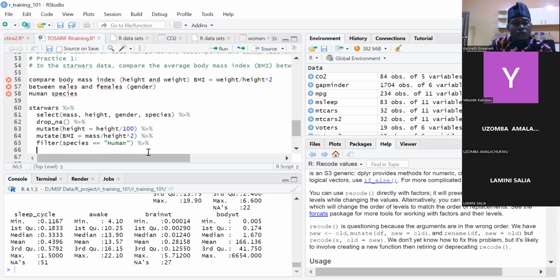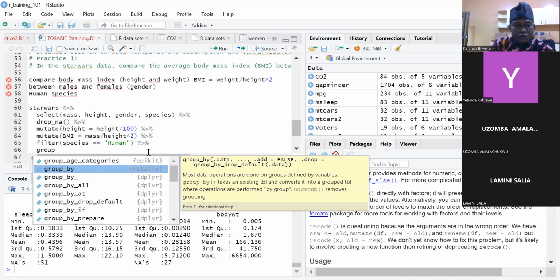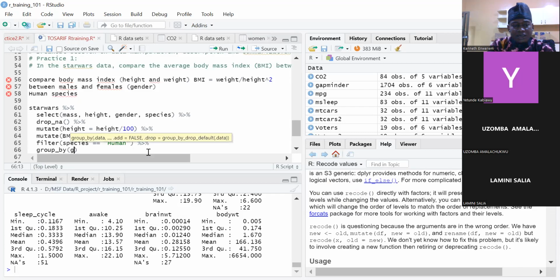And then we are going to ask R to group, because we want to look at the body mass index in females and in males, which is under the gender variable. So we're going to ask R to group our information by the gender variable. And then